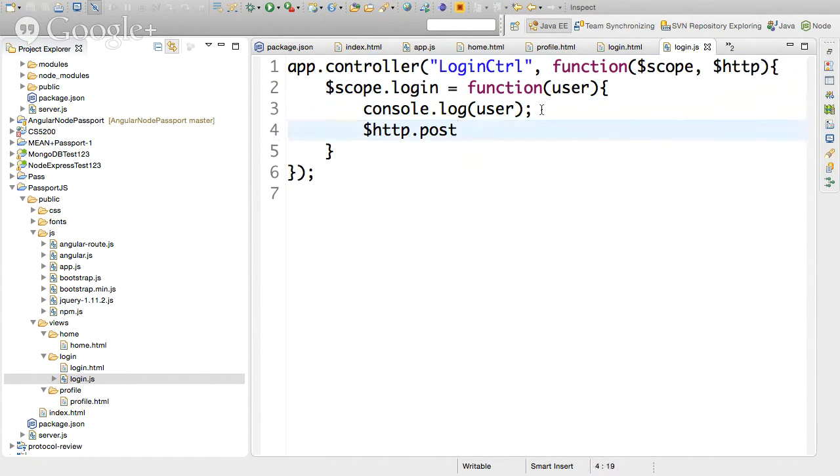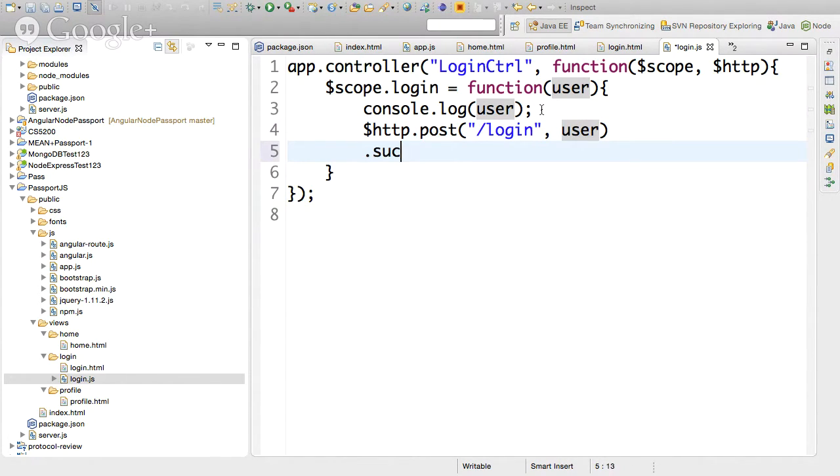All right. Again, I'm making another shortcut here. Typically, you would put this in a service. You would have a separate service that would host all these URLs, right? But just for time, I'm just going to leave it here. We're going to try and post to login, right? And I'm going to send you the username, the user information, right? And if it's successful,